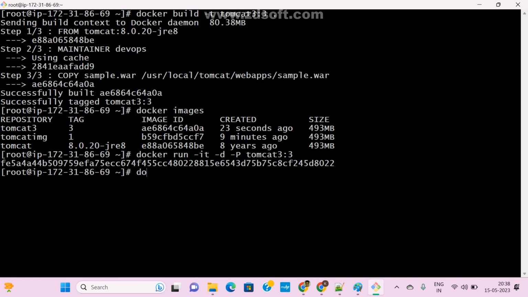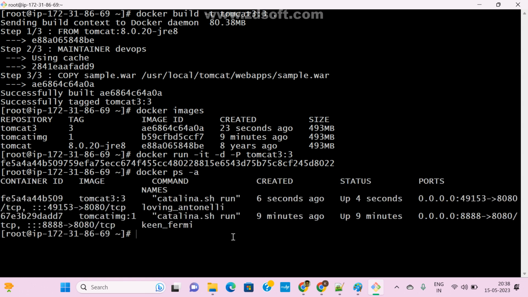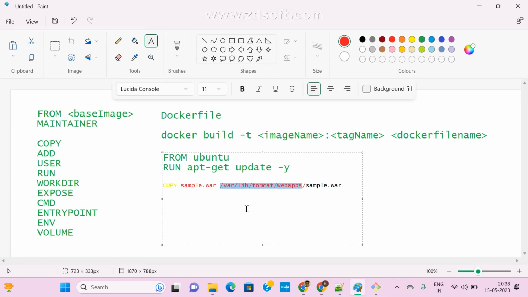Docker ps -a. Here I didn't mention anything. See here, by default Docker itself is giving one port number. Earlier I gave small p, right? Don't confuse, guys. This is the command: docker run -d -p. Small p means port mapping.